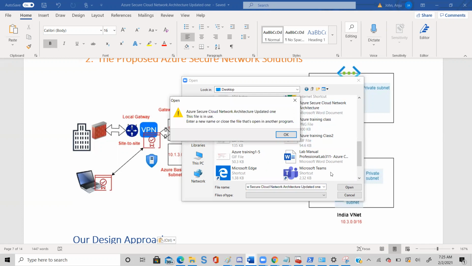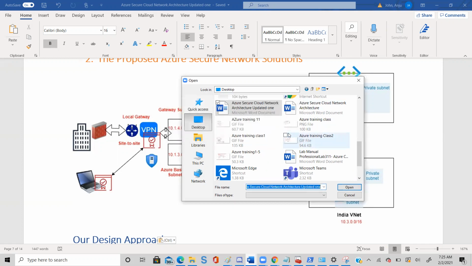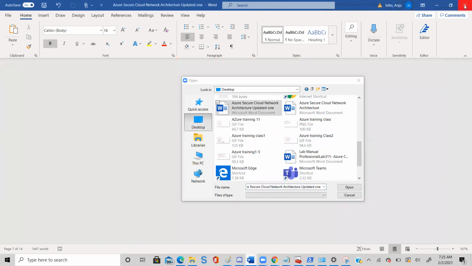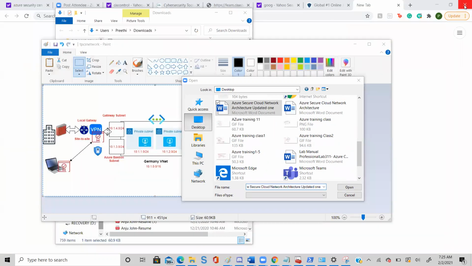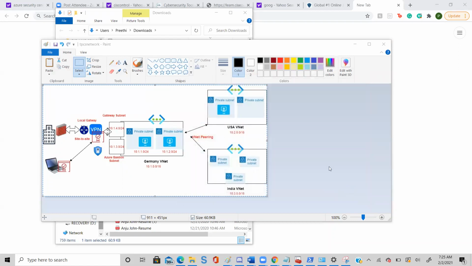All right. So it said that the file is in use, so I'm just saying okay. Then I'm going to close this one. Yes, it came to me. I'm going to click to download.